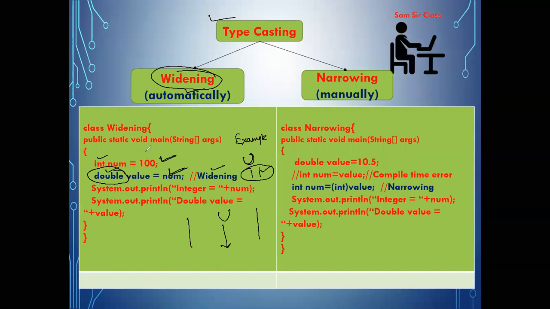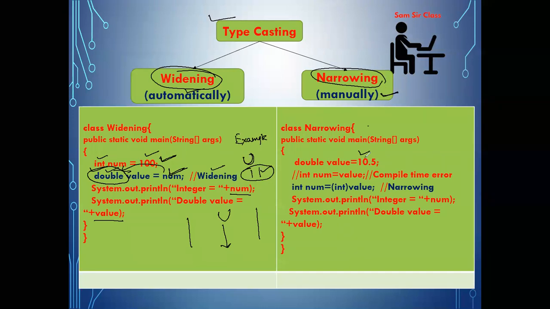So in the widening concept, you are assigning the value of a variable to a variable of larger size. Clear? So widening will be done automatically, and both the variables' values will be printed successfully without any error message. But whenever you go for the reverse concept, you assign the value of a variable to another data type whose size is smaller than the source. There you have the concept of narrowing. And that will be done manually, not automatically.